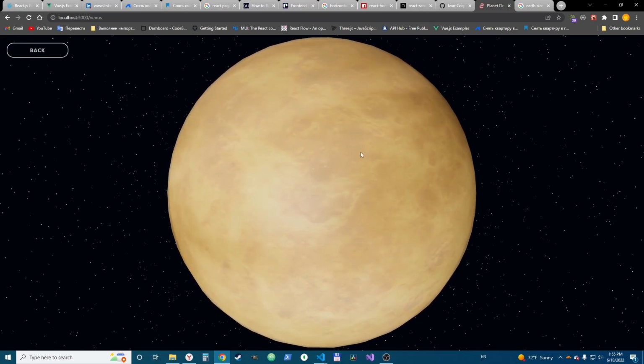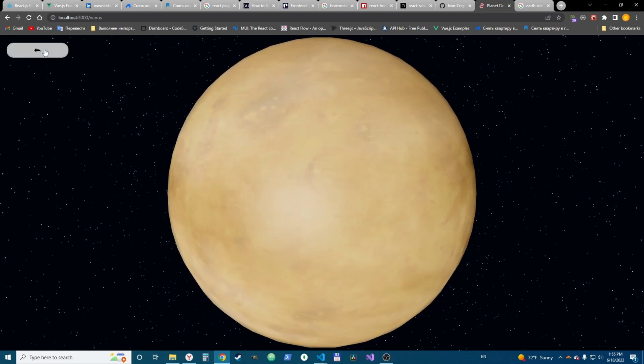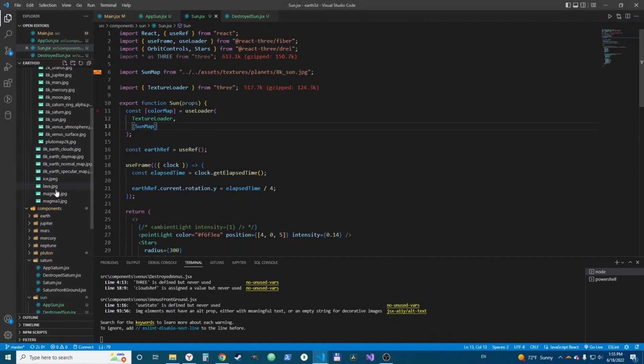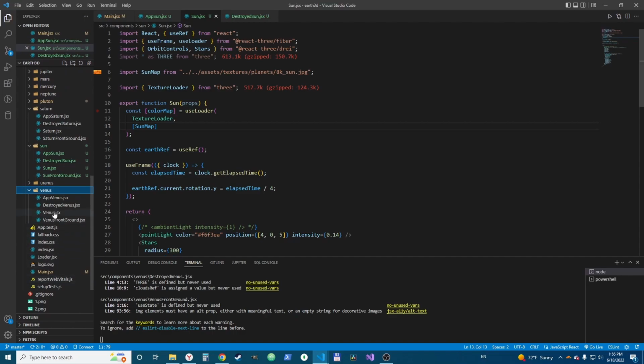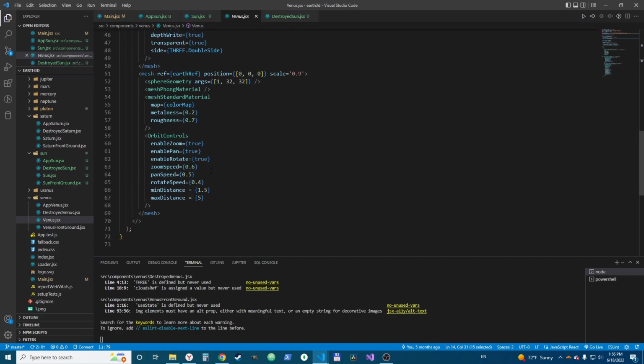It's because here are two textures, with a planet surface and with an atmosphere surface. Let's check it in the code. Venus folder, Venus, and here you see we have a texture loader, and we have color map and atmosphere map in this array. Here we have only color map, and in this array we have Venus map and Venus atmosphere, because here we import not only Venus map but Venus atmosphere too. And for Venus atmosphere we need